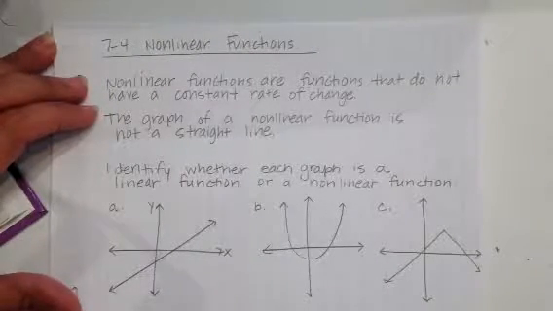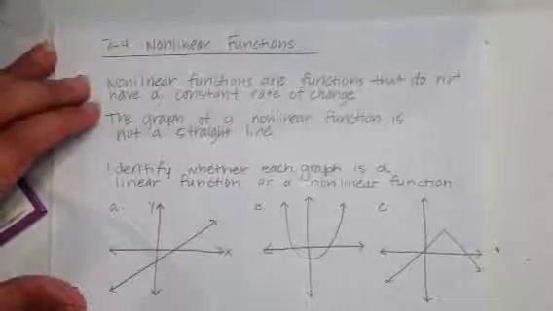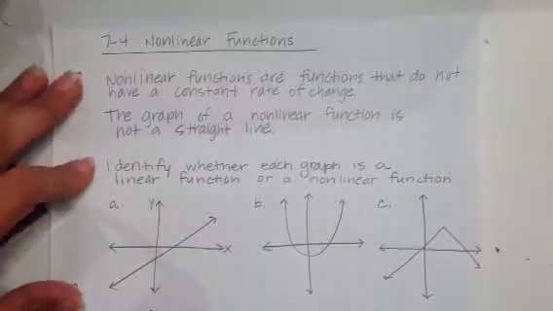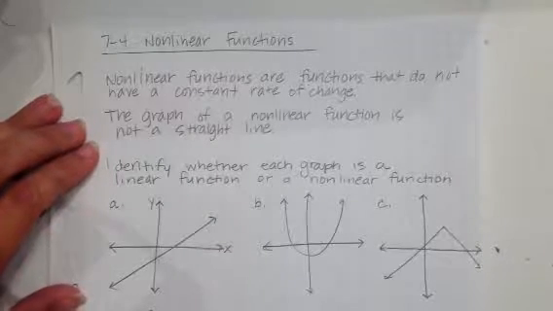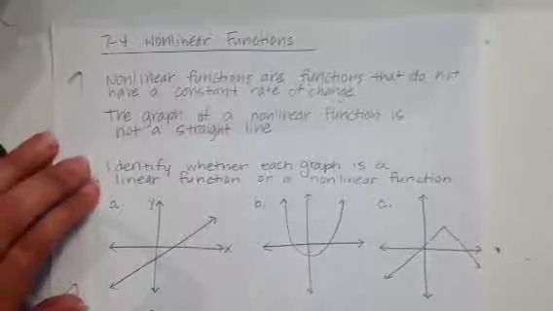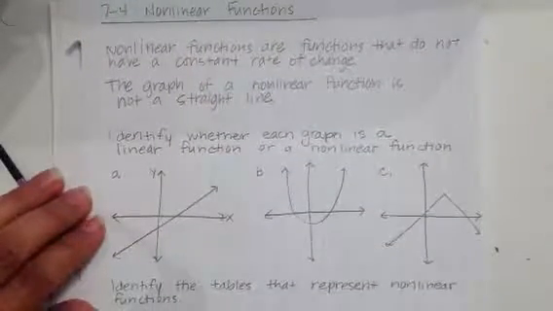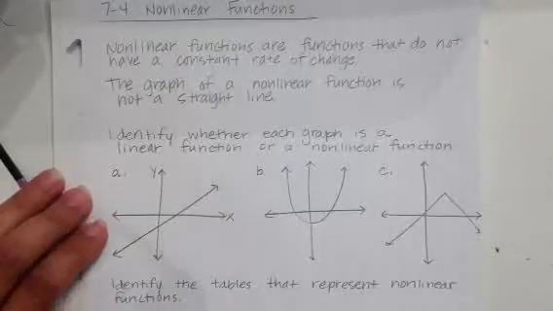Lesson 7.4 is nonlinear functions. Nonlinear functions are functions that do not have a constant rate of change. The graph of a nonlinear function is not a straight line. So let's take that information and use that to identify whether each graph is a linear function or a nonlinear